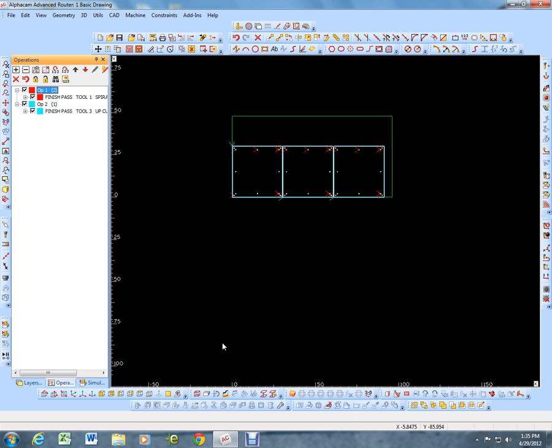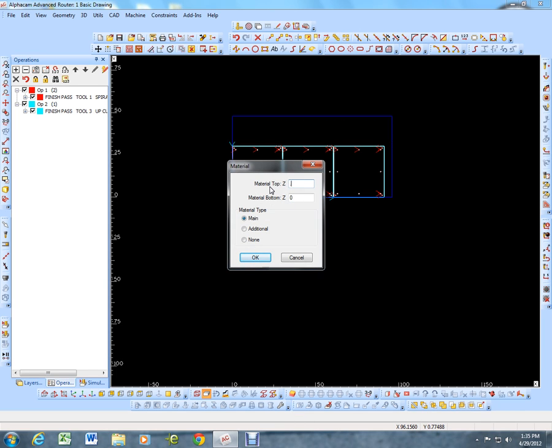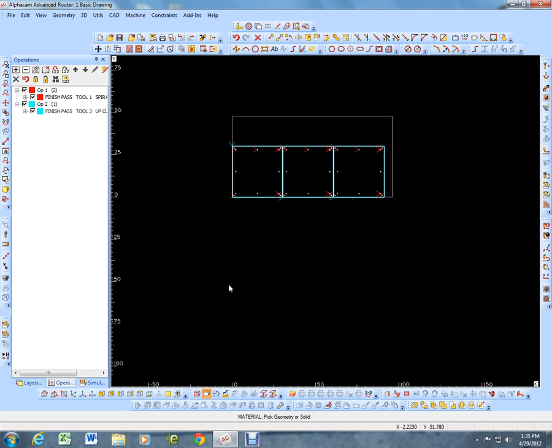Now we'll come down here at the bottom. I always like to run a simulation, so we'll come down here to this set materials, and it's asking me to pick the geometry or the solid. Well, I'm routing it out of this full sheet, and it was a 1/4 inch sheet. The bottom is 0. Now it's still asking me to pick another material. I don't have any more to pick, so I'm just going to right click and escape that. Then come over to the solid simulation. There's simulation and solid simulation. We want to do the solid,